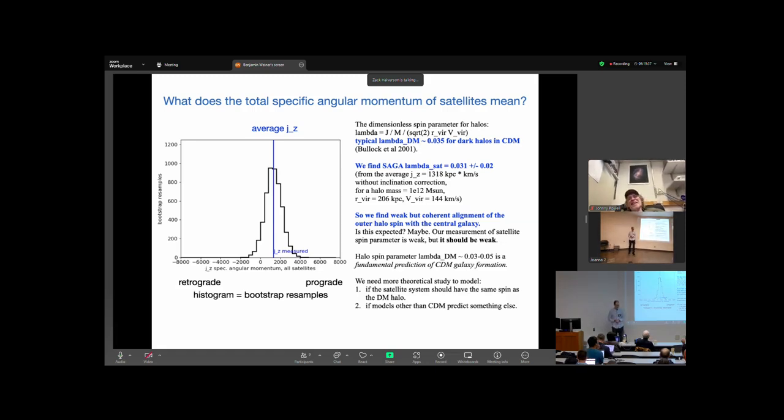I mean, there's two things. I'm trying to do a projection in my head, but in principle what you measured is a projected separation and a line of sight velocity, and so you don't really have measured JZ. That's correct. It's JZ projected, and there's this factor of a square root of 2 or 1 over square root of 3 or something like that, which I did put in the measurement of the spin parameter.